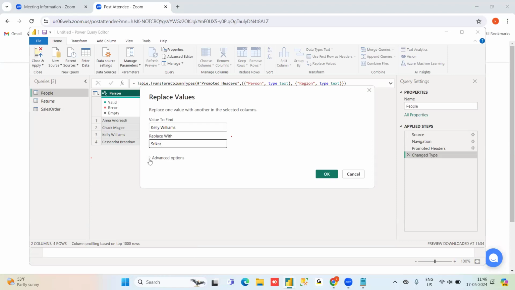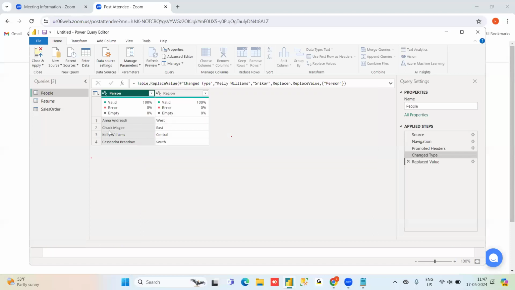If you want to replace using special characters or match entire cell contents, only wherever it is Kelly Williams, I don't want to replace where Kelly is part of another word. Entire cell contents only I want to do. Just check mark and click OK.